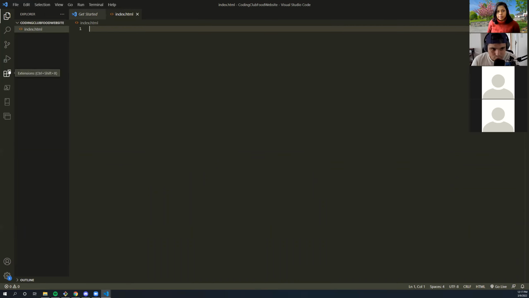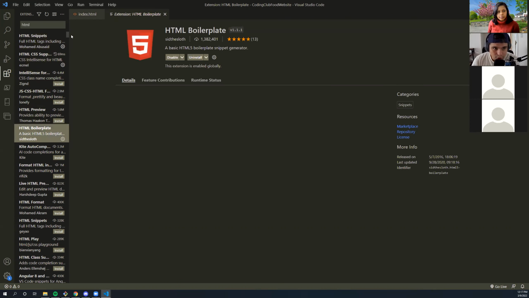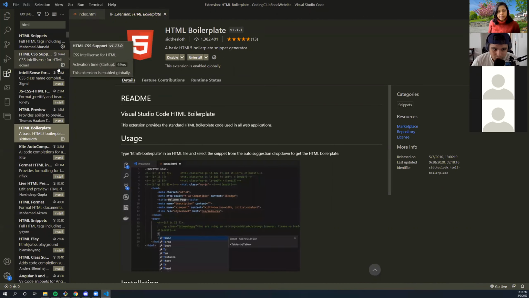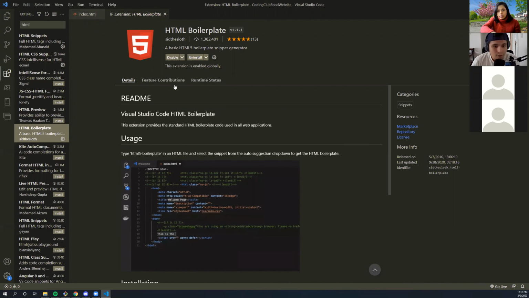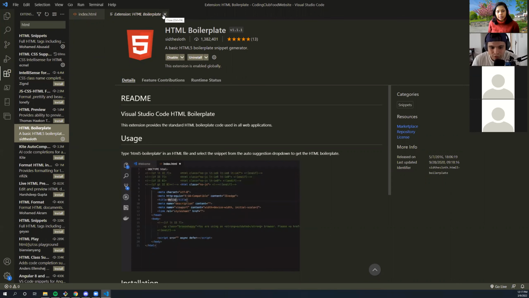It's these 4 boxes right here, and you type in HTML, and you install this one right here, HTML boilerplate. You can also install this HTML snippets plugin. It makes your life a whole lot easier when you're writing HTML. There's also CSS support, also great. Also a great plugin to have when you're writing HTML and CSS. All these things help you with autocomplete, so you don't have to type out whole sentences or syntax.